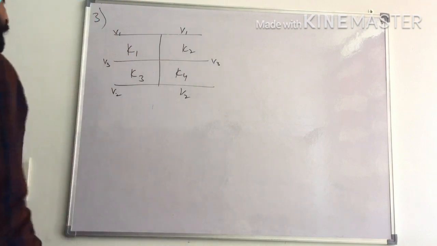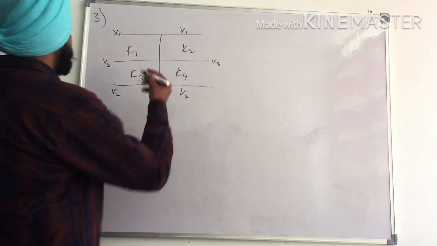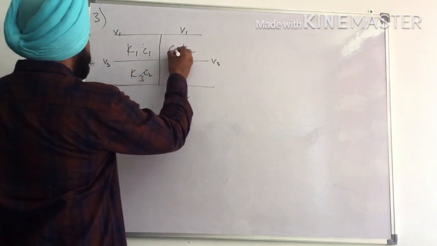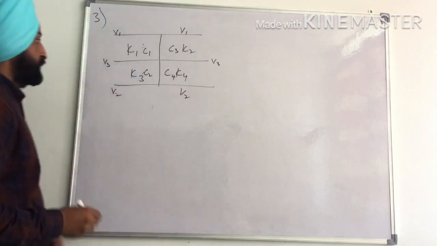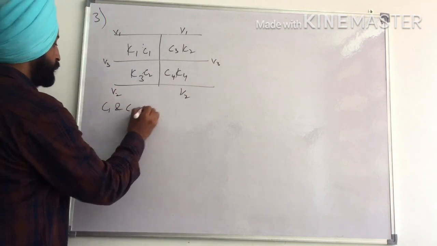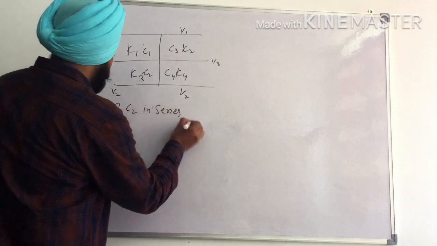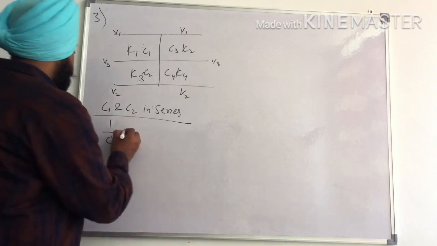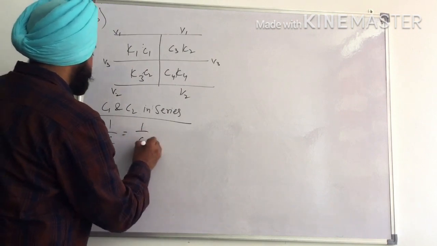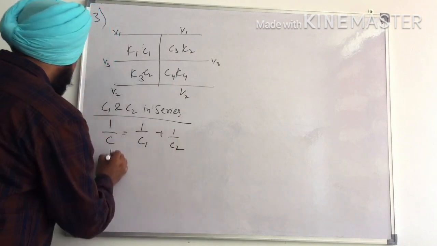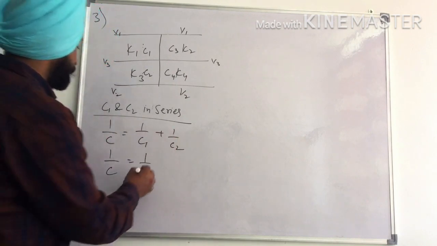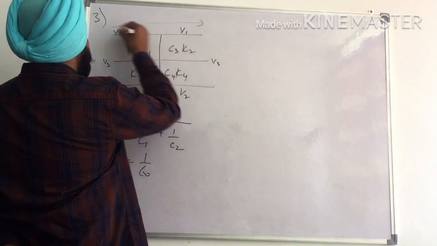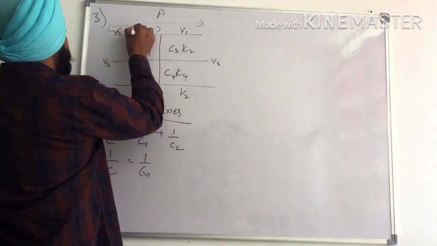So what we will be doing, we can use the first method. Firstly, I will be solving these two. Let here capacitance be C1, here it is C2, here it is C3, here it is C4. So firstly, I will be solving C1 and C2 in series. So to solve these two in series, we will get 1 by C is equal to 1 by C1 plus 1 by C2. So this will be equal to, what is C1? Epsilon naught. See, if we are given area A over here, then it will be A by 2.